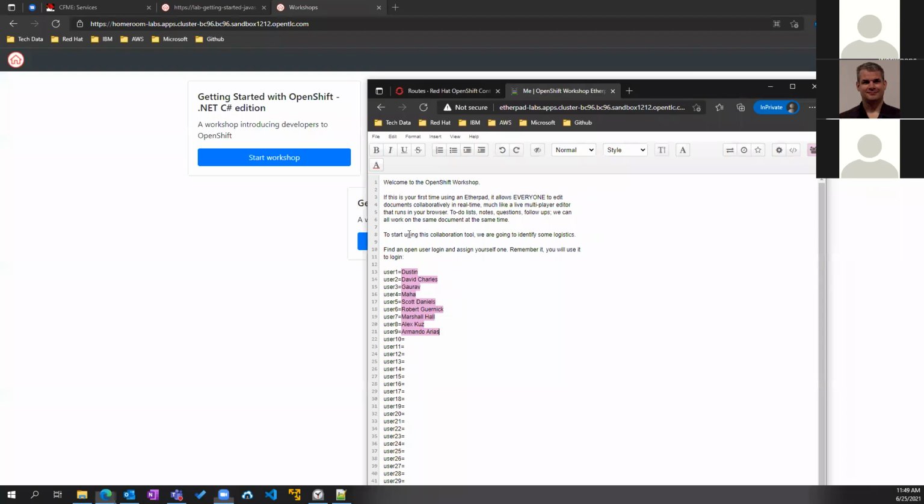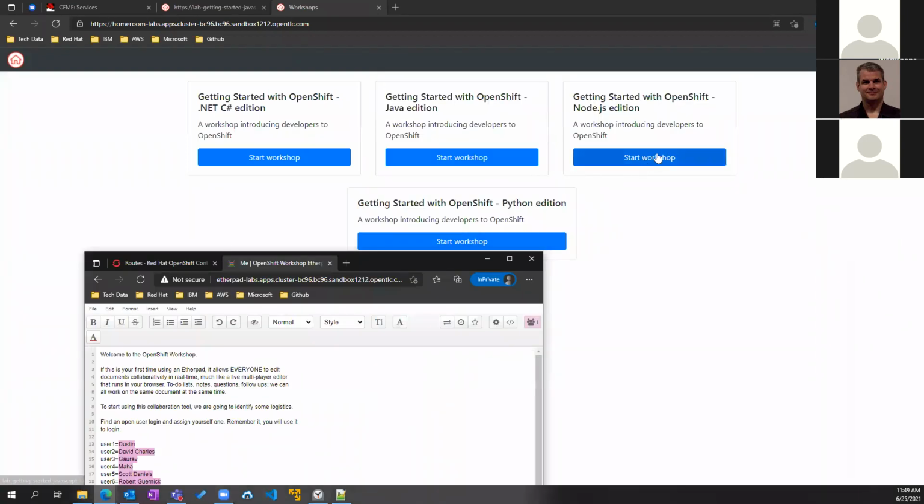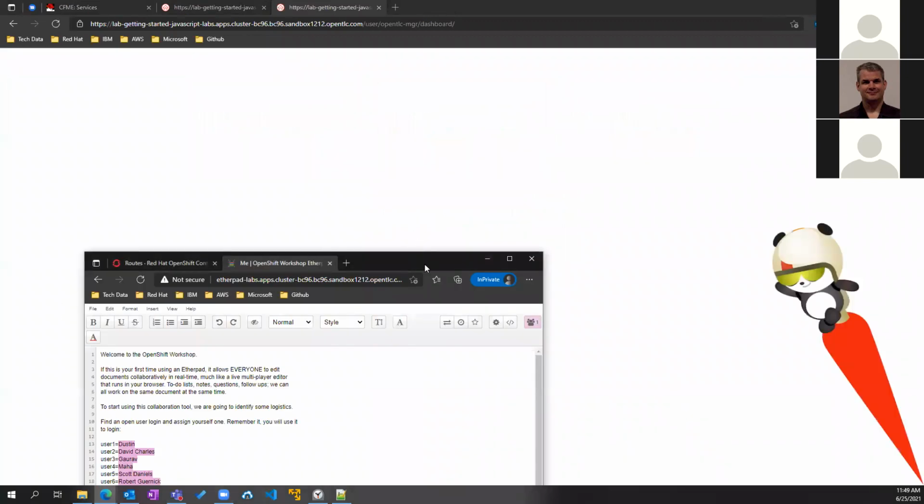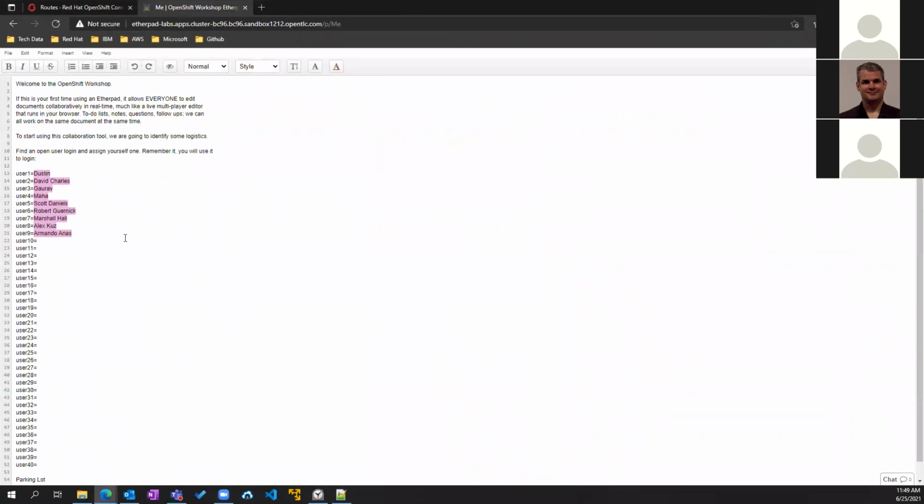Okay, so Marshall already kind of explained here, and we're gonna go with the Node.js workshop. I'll just switch screens. So this is another service within OpenShift right now. So I went ahead and